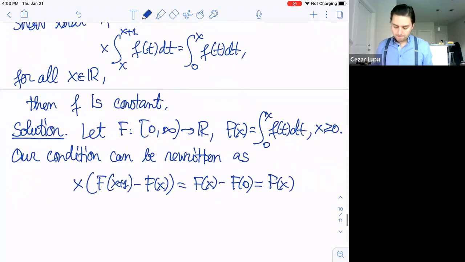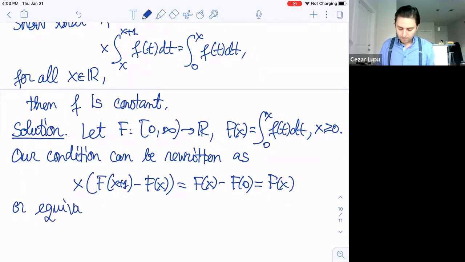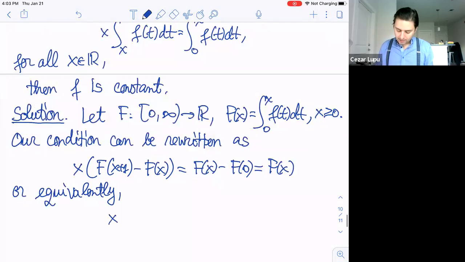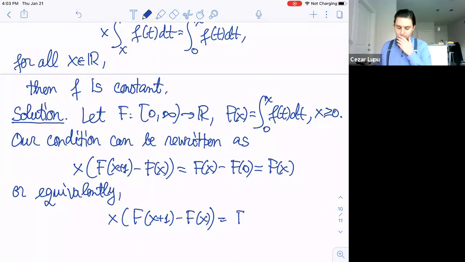Or, equivalently, we can rewrite this as, okay, so equivalently, this is x times